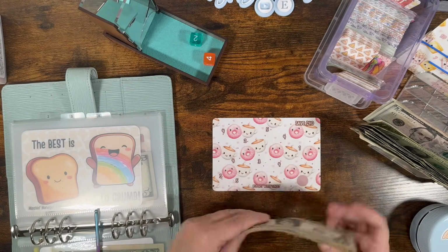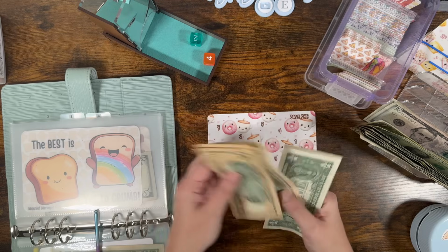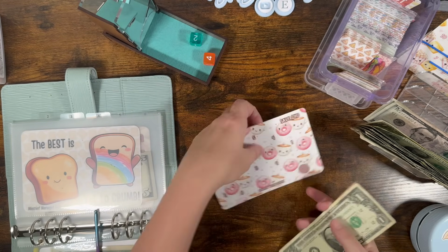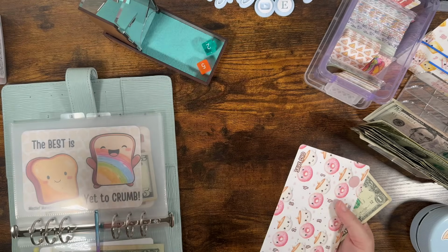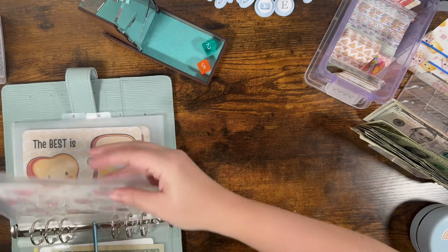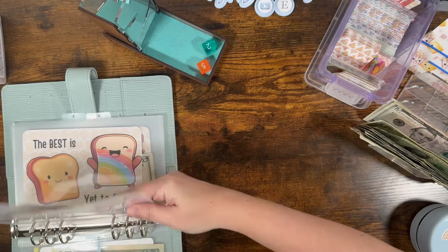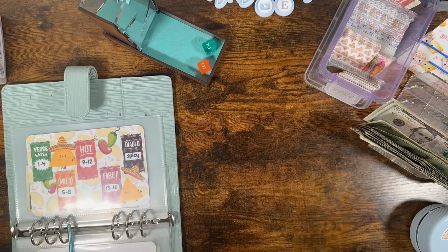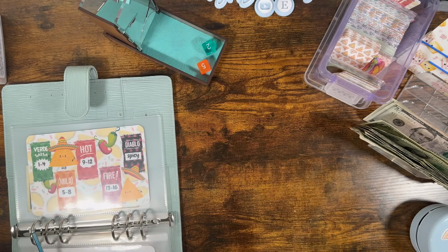Okay, this one's a quick win at say 40. We have 10, 20, 30, 1, 2, 3, 4, 5, 35. So we've got 15 left in there. We're going to challenge number 5 now. We put these away. And number 5 is going to be, ooh, okay, we're gonna do our Taco Bell sauce,